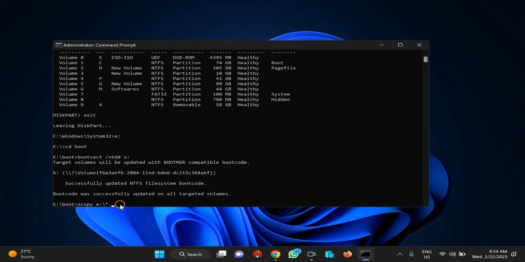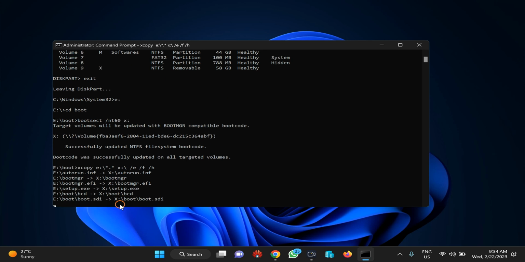In case you have any issues, you can leave a comment. I will reply. Then type USB disk letter and this. After typing this one full command, press enter on the keyboard.